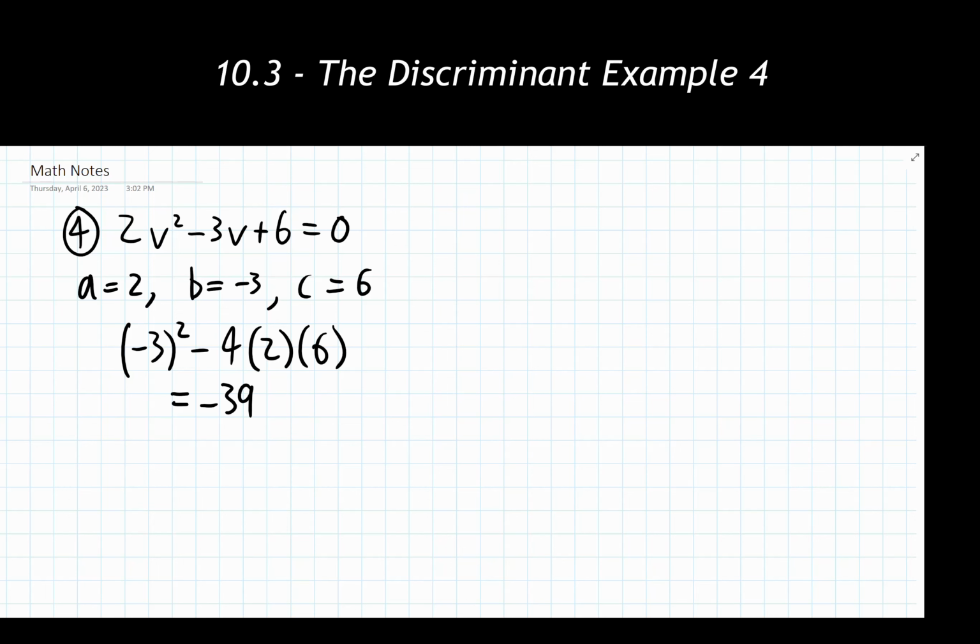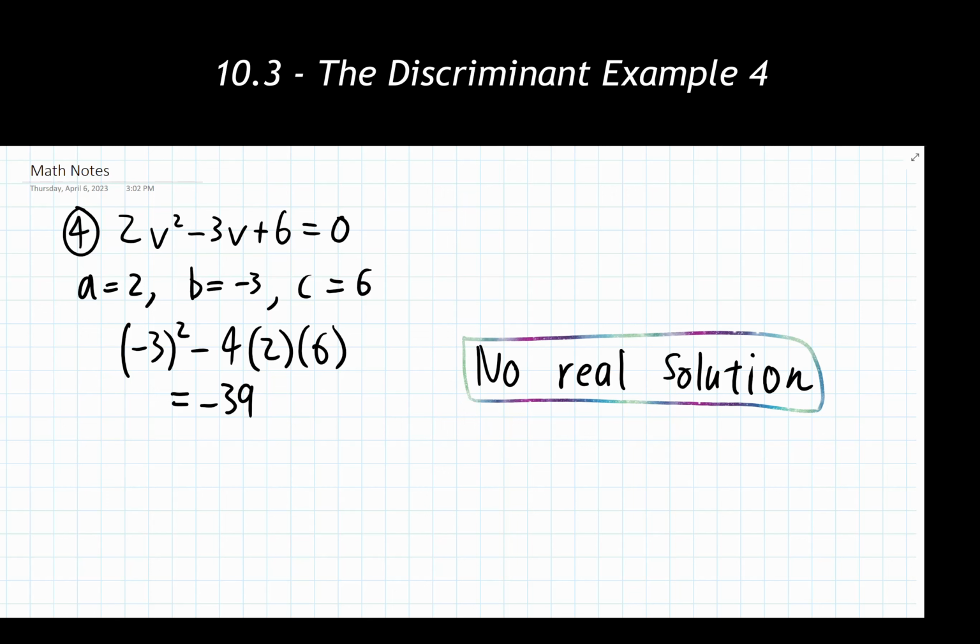So from here, I go back and reference my notes again, and I notice that I have a value that is less than 0, which tells me that I'm going to have no real solution. As we saw with the previous example that had this, I believe it was example 2, you could list off, instead of no real solution, 2 non-real solutions or 2 imaginary solutions. Again, just make sure you are double checking with what your instructor wants the final answer to look like in this particular problem.